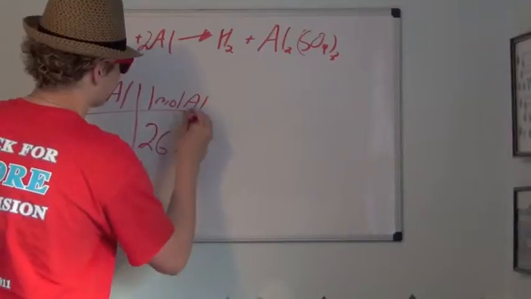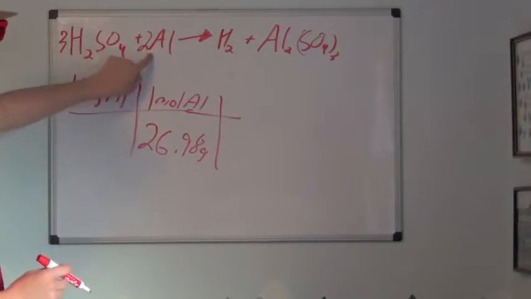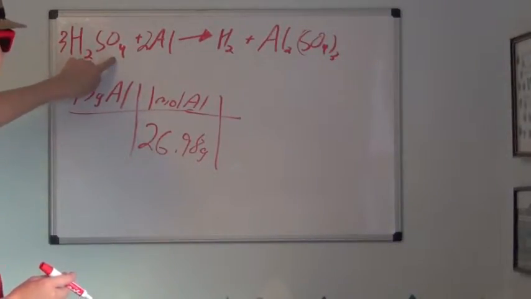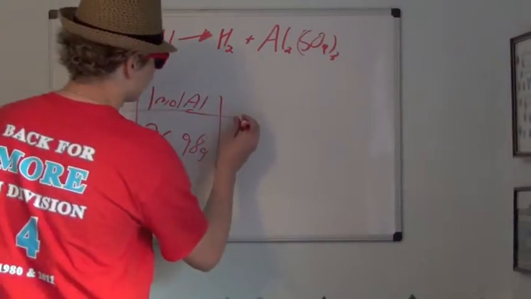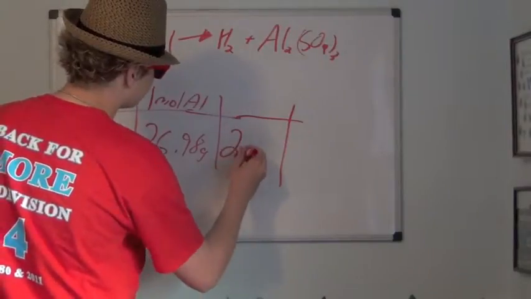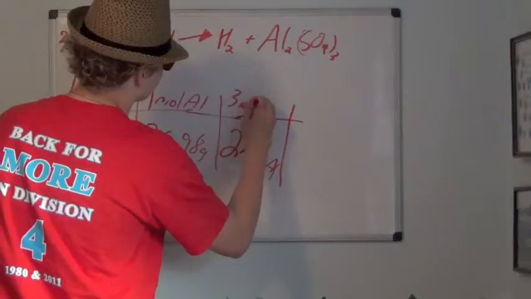And now, our molar ratio is different for this because we have 2 moles of aluminum reacting with 3 moles of sulfuric acid. So, we go like that, and we have 2 moles Al and 3 moles